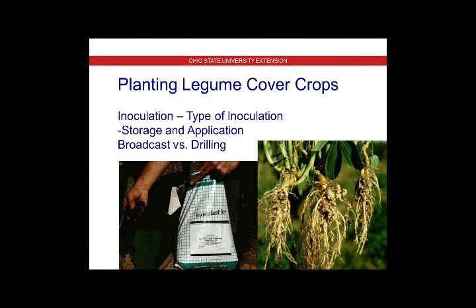So when you plant legumes, we want to make sure that we inoculate them. You want to be careful how you store any seed that you buy. You've got to keep it out of sunlight. You've got to watch the temperature. If you have some cover crops and it doesn't seem like they're nodulating correctly, it might be because the inoculant wasn't stored properly. That inoculant needs to remain cool. So be careful when you buy them. Don't buy the cover crops too early, or ask the dealer how it's been stored.